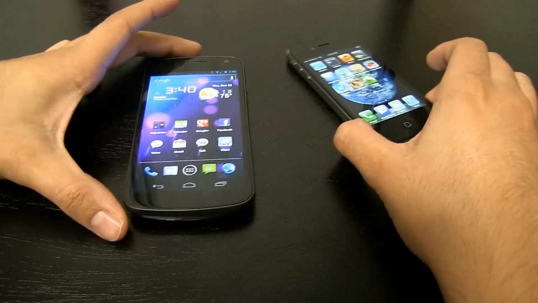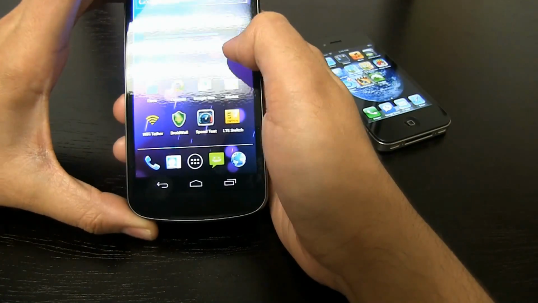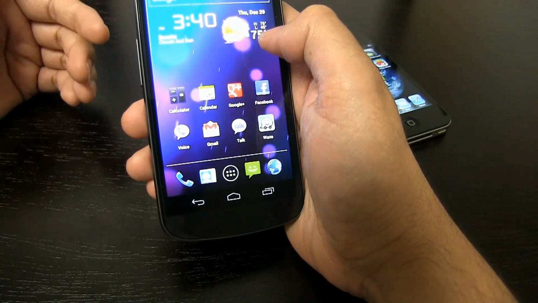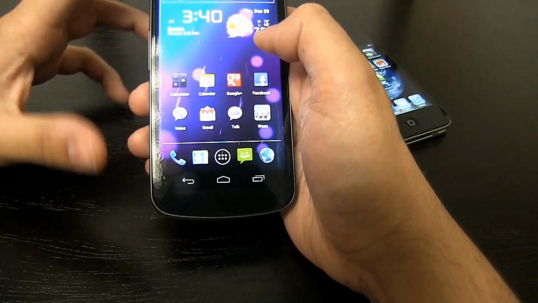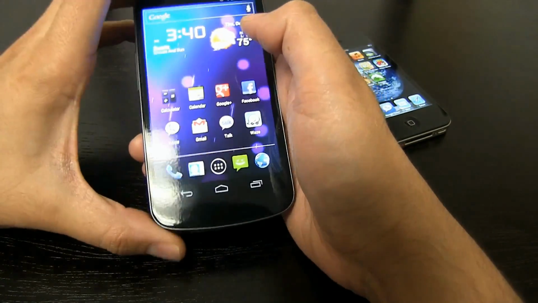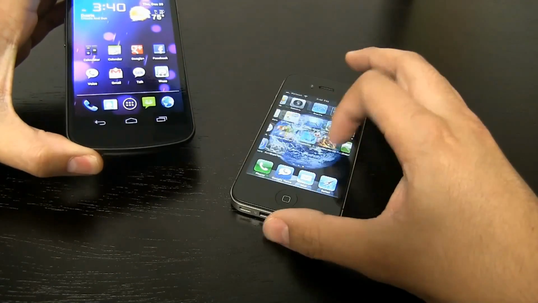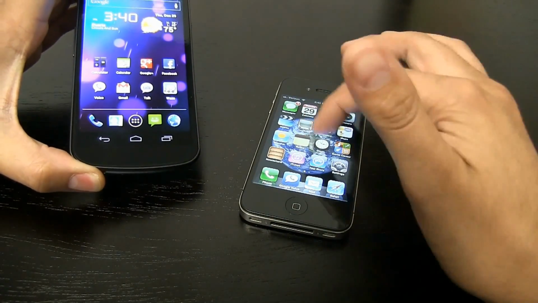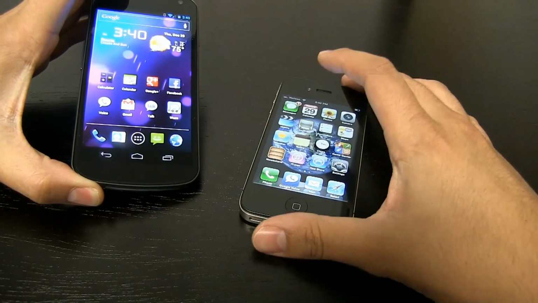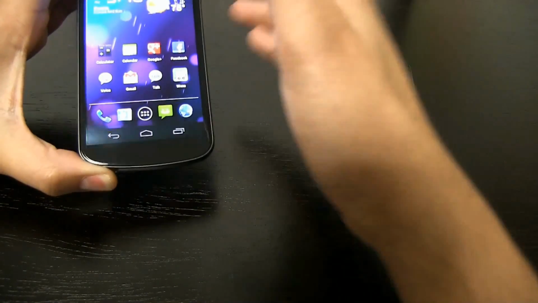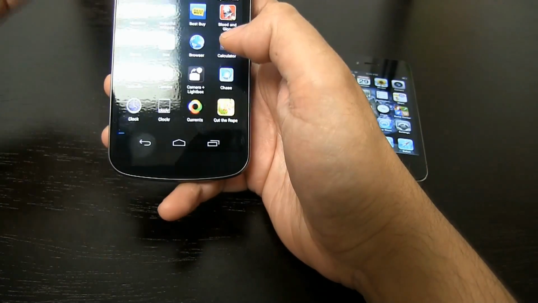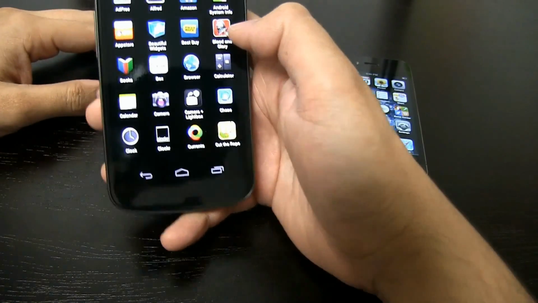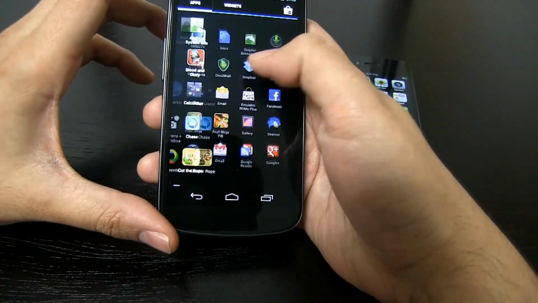With Android, you get much more. You get dedicated screens where you can customize your apps and widgets, but most importantly, there's no clutter like this. When you start working with a lot of apps, everything becomes cluttered. Sure, there's folders, but it's not smart like this. You have apps, you have widgets, and it's just much easier to work with.